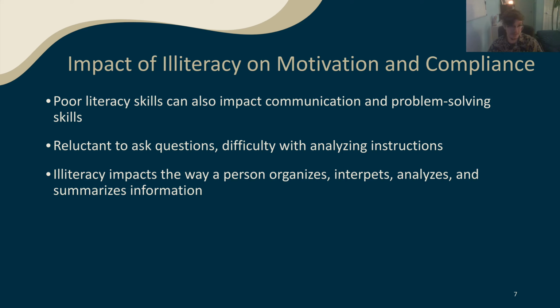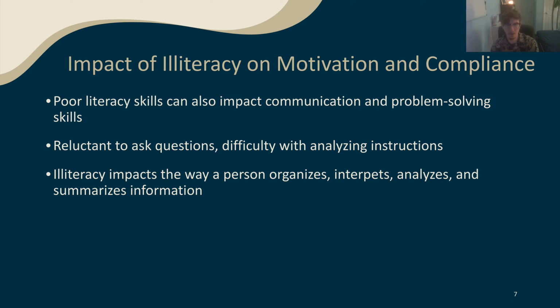Studies have shown that illiteracy impacts the way a person organizes, interprets, analyzes, and summarizes information. These people sometimes tend to think in simpler terms, and they may not understand some of the higher level concepts and whatnot. This once again goes back to factors affecting comprehension of materials. If it's at too high of a level or too complex, people with low literacy might have a hard time